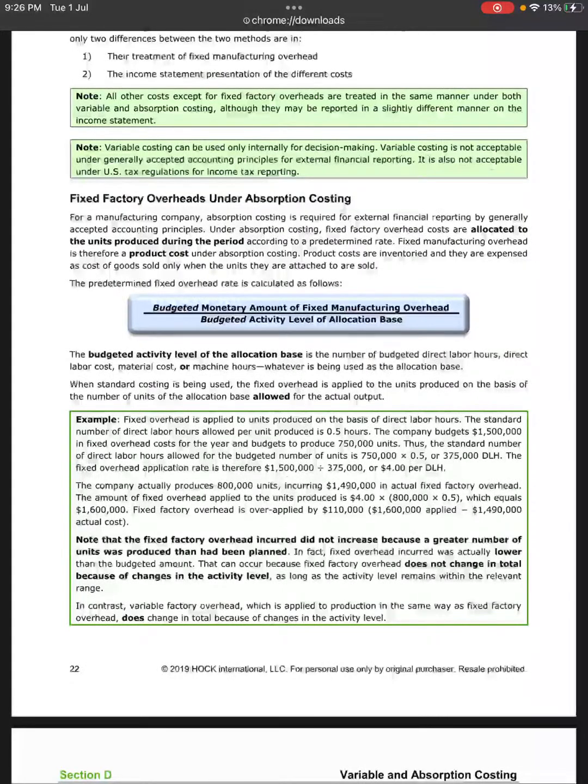Okay, the budgeted activity level of allocation base is the number of budgeted direct labor hours, direct labor cost, material cost, or machine hours, whatever is being used as the allocation base. When standard costing is being used, the fixed overhead is applied to the units produced on the basis of the number of units of allocation base allowed for the actual output. For example, fixed overhead is applied to produced units